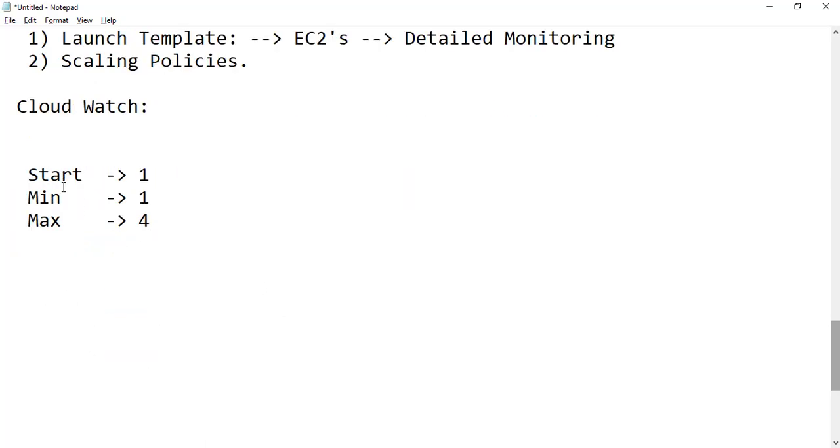That means in the initial stage it will have one EC2 running, which is the minimum, and it will start with 1, and maximum it can go up to 4. So even after 4, if your average CPU utilization is greater than 90% or whatever conditions we have mentioned in the scaling policy, still it will not go beyond 4. That way we are restricting to one particular limit. This way we can keep control of the expenses as well, right? So these are the things which we are going to see today in the demo.